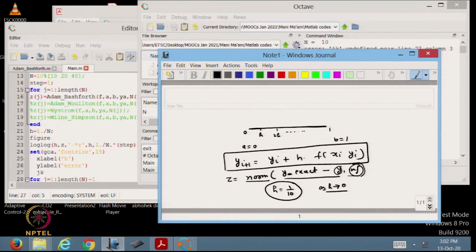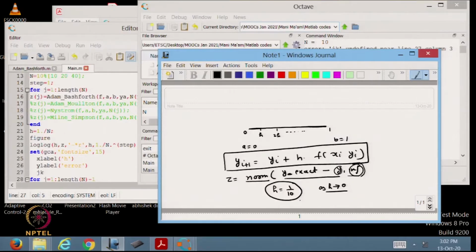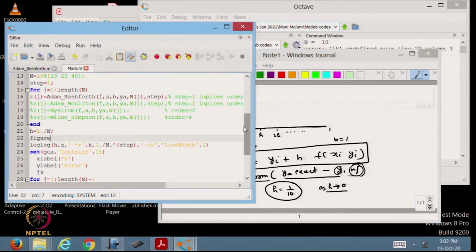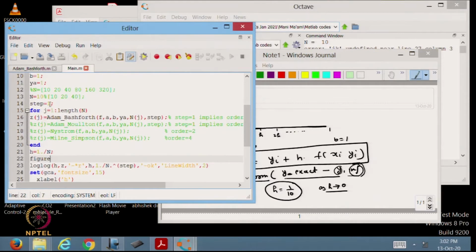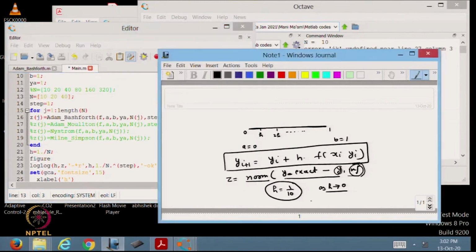So, for that reason I will also show you how the error behaves with respect to reducing h. If I am reducing h, it means I have to increase n. That is the reason I was taking an array here. Basically, here I am taking h equal to 1 by 10, 1 by 20, 1 by 40.